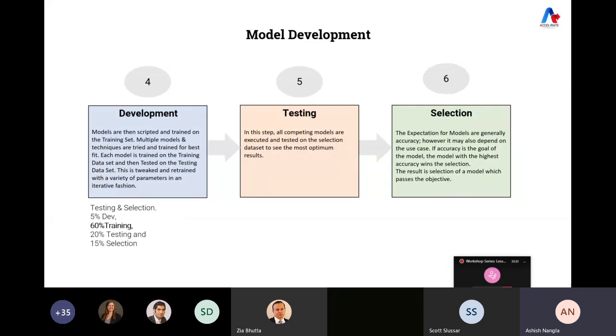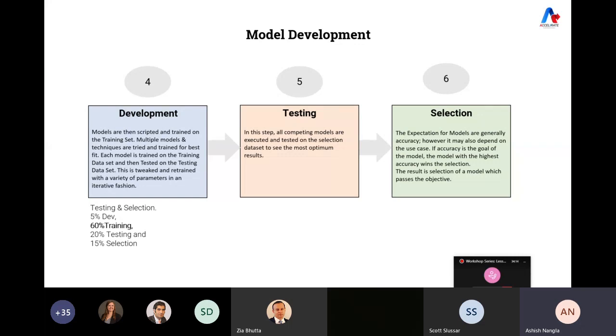Then you would start testing it. Once you have an understanding of which models are fine, you would then test it with the test data set, which is the 20% data set. You may go back to development because none of them actually solve the criteria, or you decide that there could be something that can be done better. And sometimes you may go back to collecting new data altogether, because at the time of testing you realize that maybe your test set was too small, or too biased around one set of results. So you have probably too many,